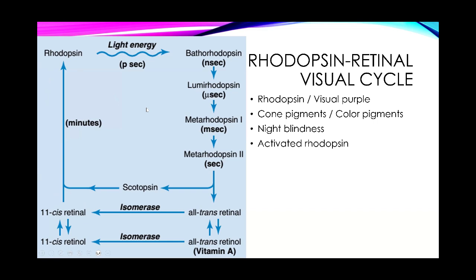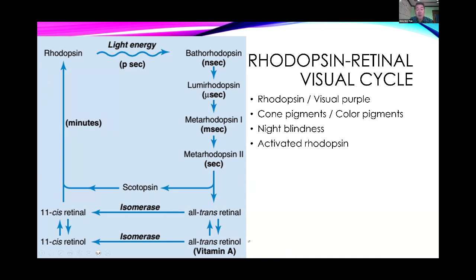However, we are so blessed because in our body, we have the metabolism of vitamin A. All-trans retinol is a form of vitamin A. Therefore, it is said we should have enough vitamin A in our diet, because this all-trans retinol from your diet can be an alternative step. So this metarhodopsin can be converted to all-trans retinol plus scotopsin to become 11-cis retinol to become scotopsin, and this